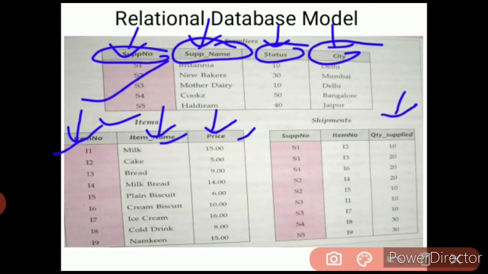And shipment again having three different columns, that is supplier number, item number, and quantity supplied, right? So these are the different tables we have, and we can easily relate all these tables with a particular value, right? With any field. Okay,